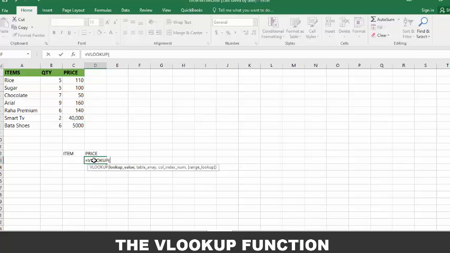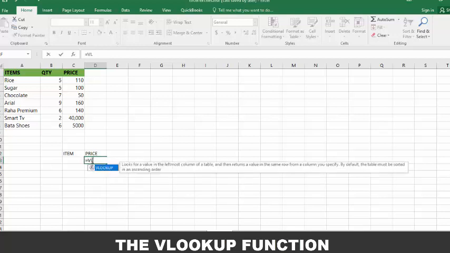and upon writing that, you just write equals. By now I hope you know how to pick the function itself. So when you write VL, the function that starts with VL will appear. You can just come and double click it,